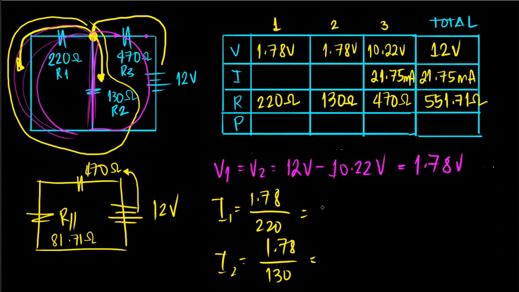Okay, so I have 8.09 milliamperes divided by 130. I have 13.69 milliamperes. So, islat ko di sila. So, 8.09 milliamperes,